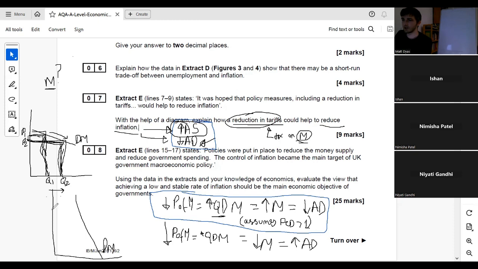Now, if you do the same thing for inelastic demand, notice the opposite happens. So if the imports go down in price a lot, then consumers in the UK don't respond much. They don't buy much more. I don't know if you guys can still see this, but yeah, they don't buy much more. And that means we are going to go from this much total spending on imports to this much total spending on imports. So in this case, M decreases, whereas in this case, M increases.